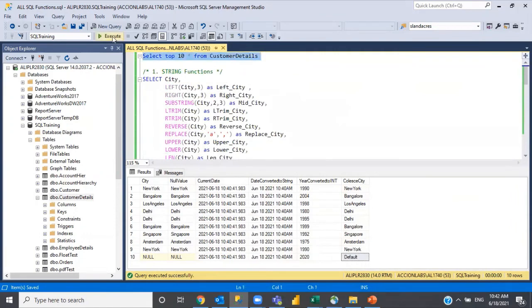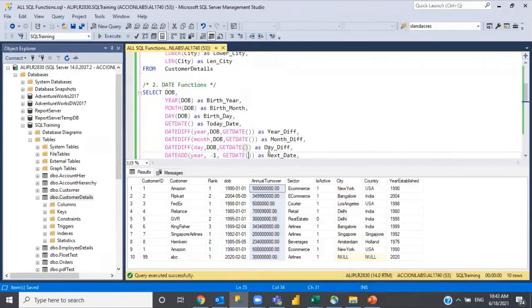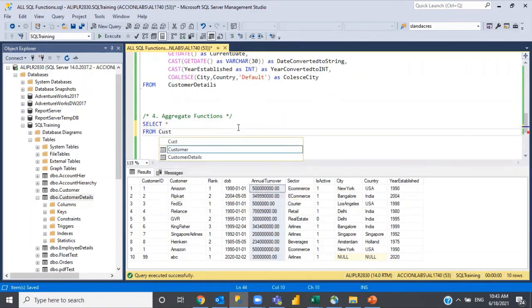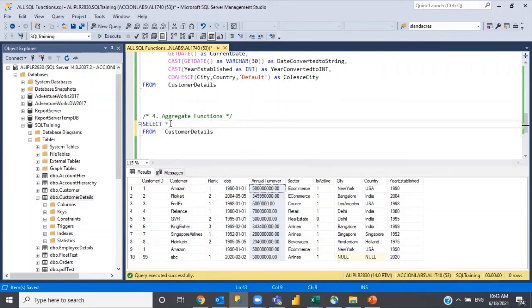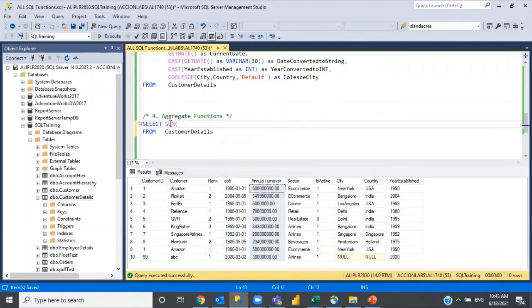So now for this column, let's take the annual turnover. For these functions, I'm trying to sum the complete annual turnover.